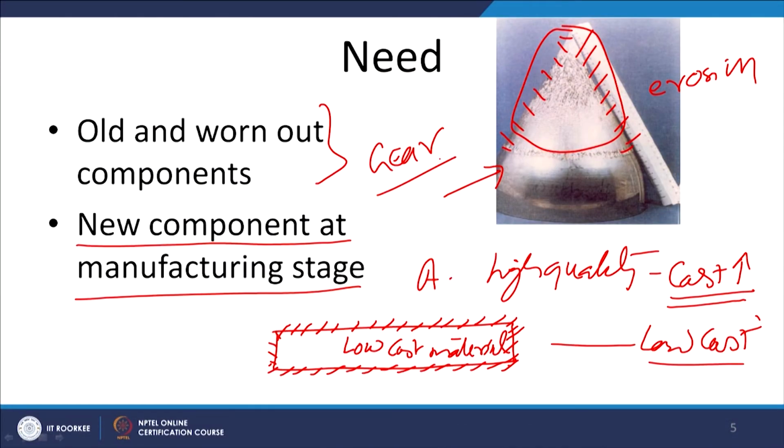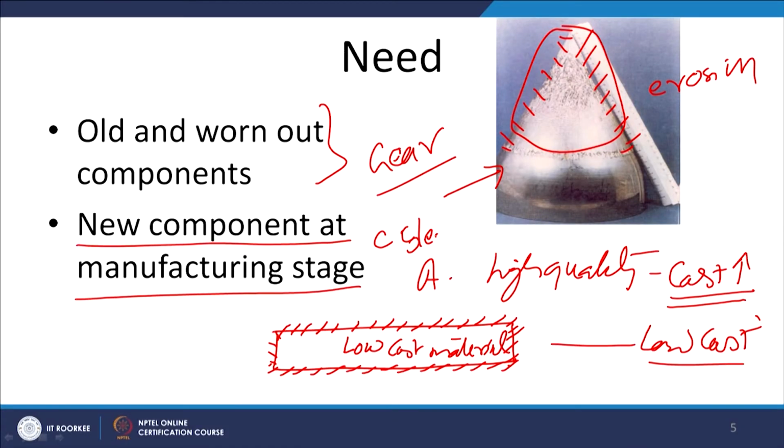An example of this is gears. Gears are made of carbon steels or alloy steels. So, if the gear is made of carbon steel or alloy steel, it will wear out at a much higher rate, life will be less. So, we need replacement or repair much earlier. To deal with this problem, the gear will be made of the same simple carbon steel, and once the required size and shape is given, the surfaces are hardened.